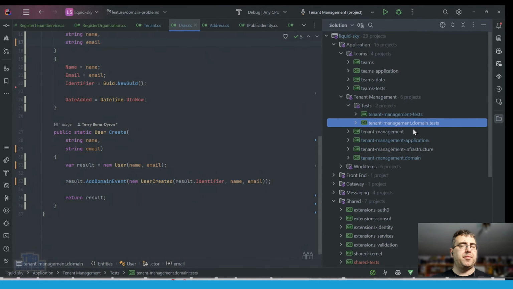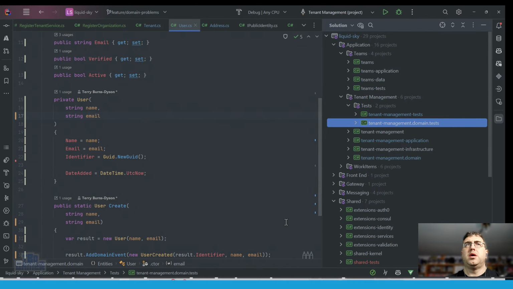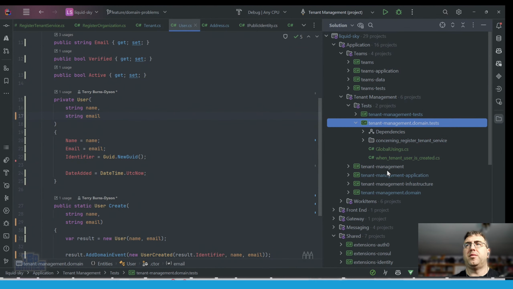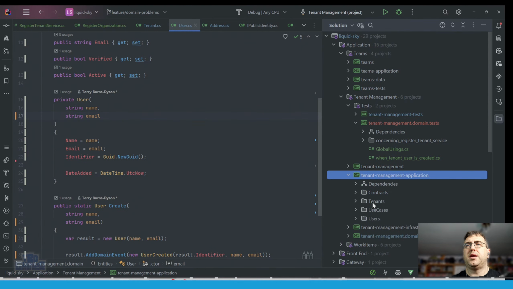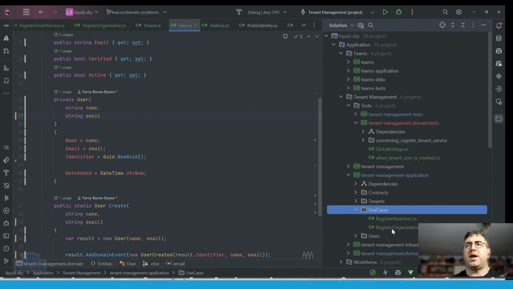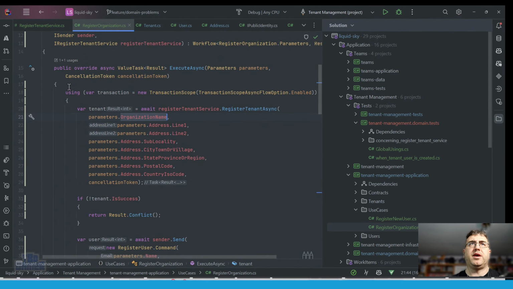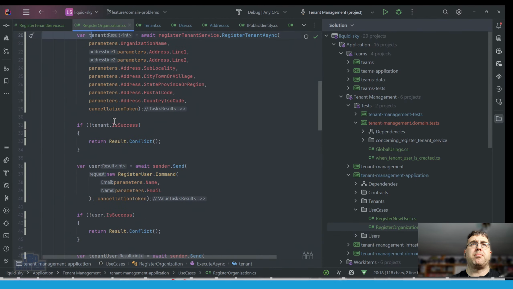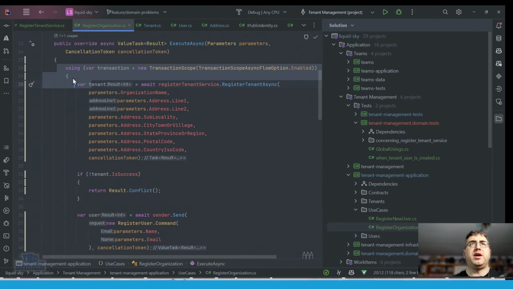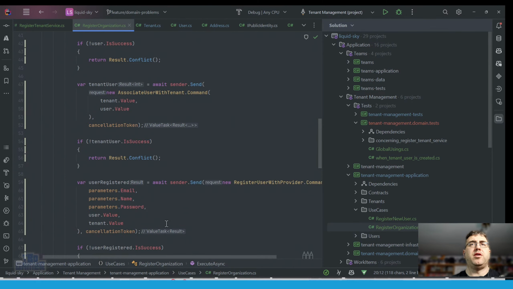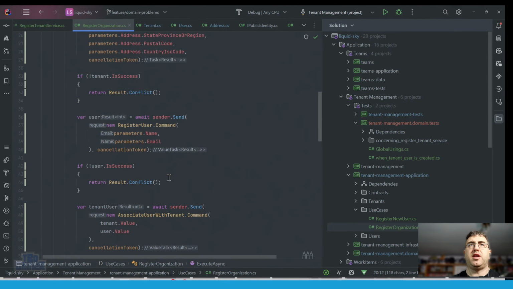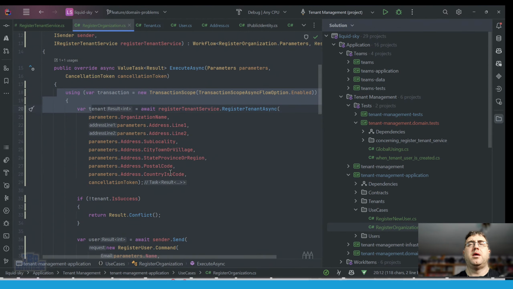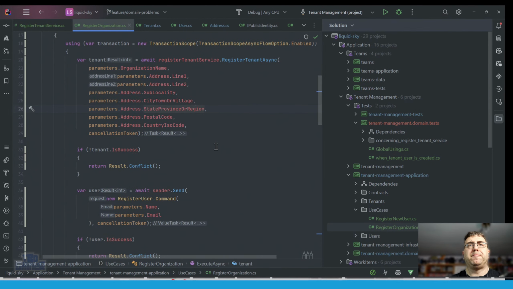So, next challenge to face is, I suppose, so what I did is I tested what would happen in register organization if I wrapped a transaction around things, right? Now this works because obviously we just saw that it rolled back the tenant when it failed on user, right? So this transaction isn't a terrible idea. This does what we needed to do. The problem is